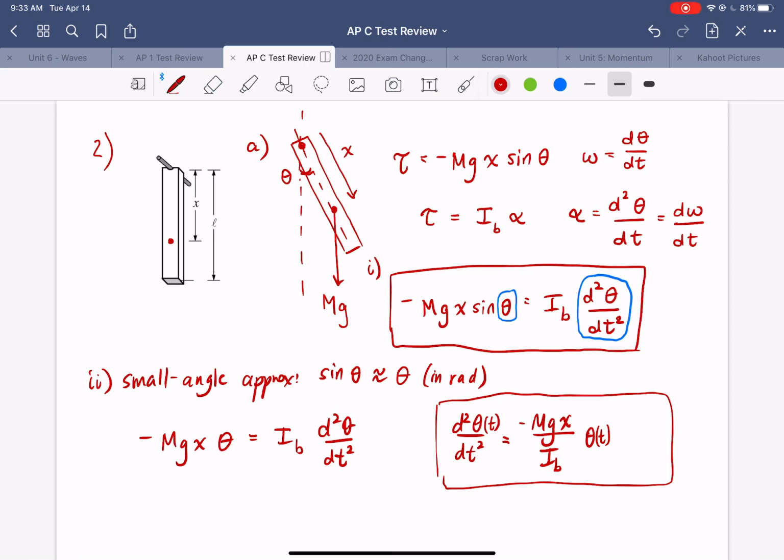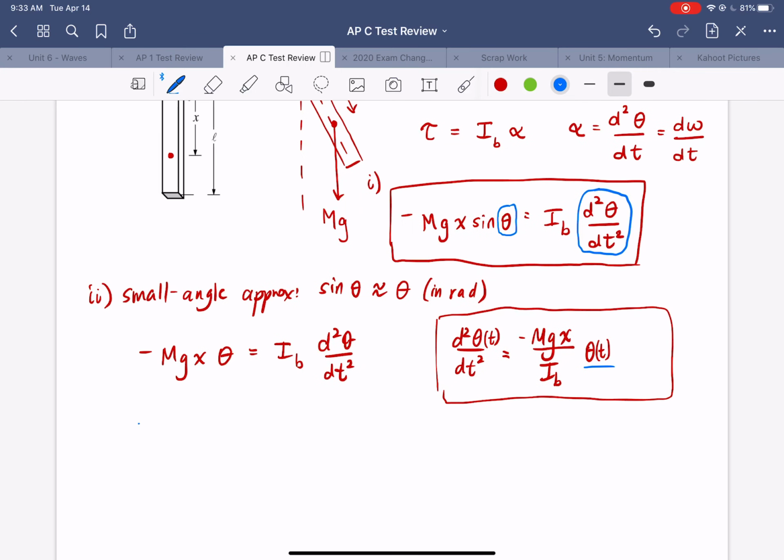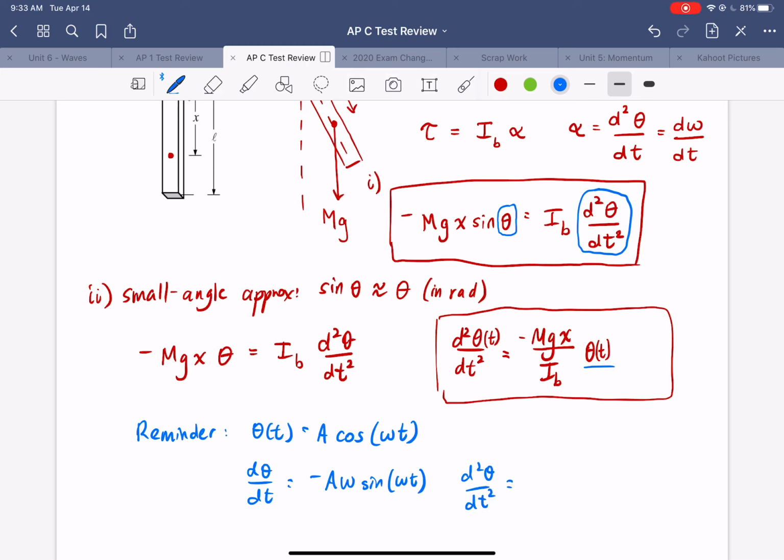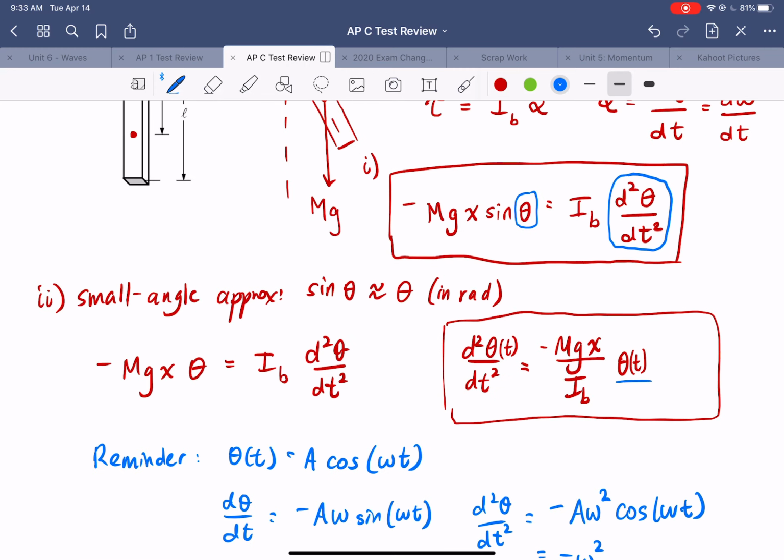If I take the second derivative of the function, I just get the function itself multiplied by some negative constant. That suggests we have some sine or cosine function. As a reminder, if I say that this function theta is equal to a times cosine of omega t, then if I take the derivative of this function with respect to time, that is minus a times omega sine omega t, and if I take the derivative again, the sine turns back into a cosine, I get another factor of omega out in front. So this is just minus omega squared times